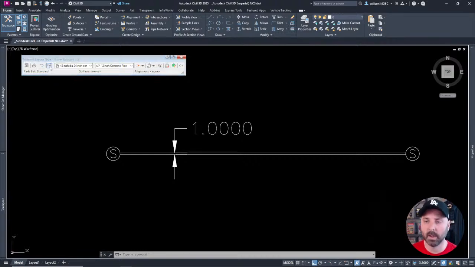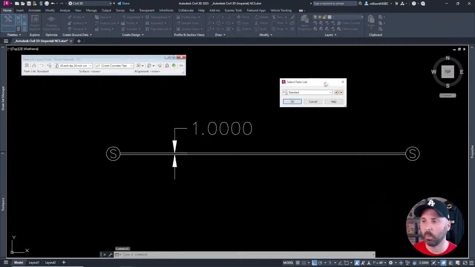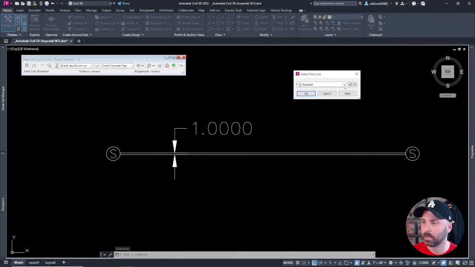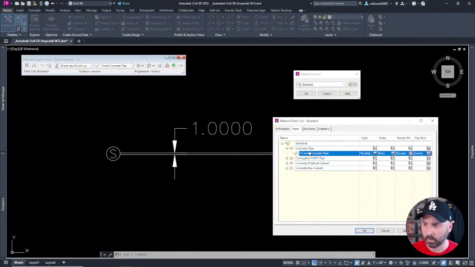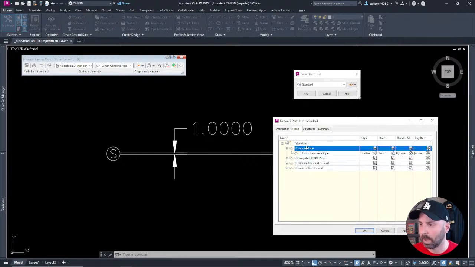I'm going to click this button. I'm going to take a look at what's in my parts list. If I select this, I've got a couple other parts list items, but I want to stick to standard for right now, just for this example. I'm going to go into Edit. And if I look under my parts list under concrete pipe, we only have the 12-inch concrete pipe size listed right here. But what if I right-click on the concrete pipe and add part